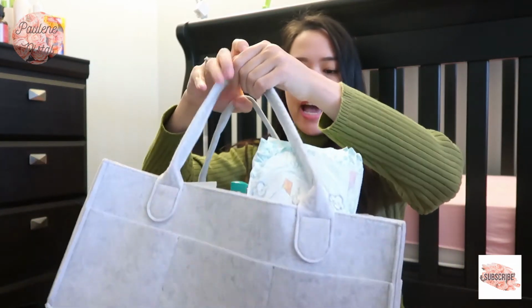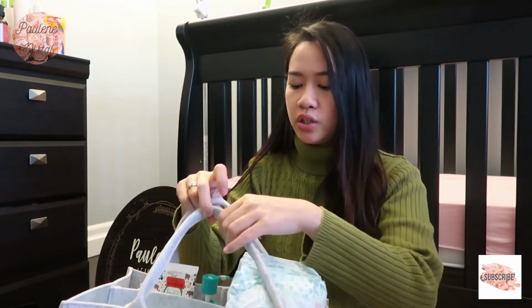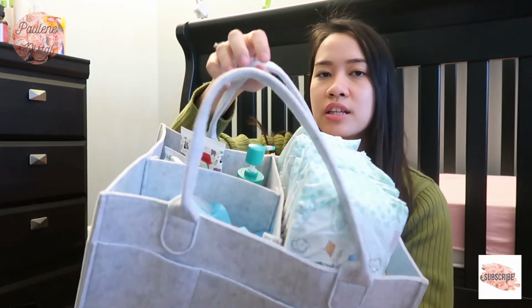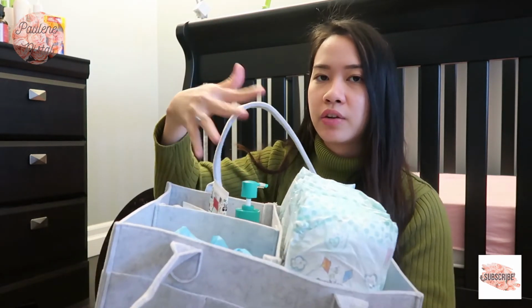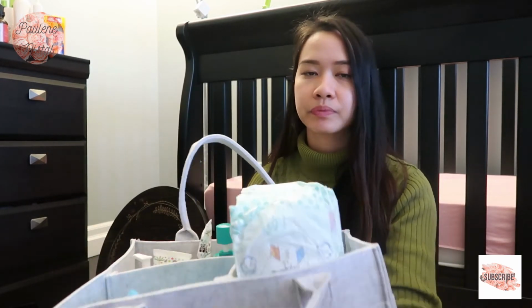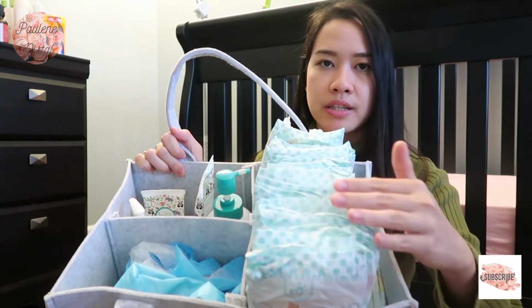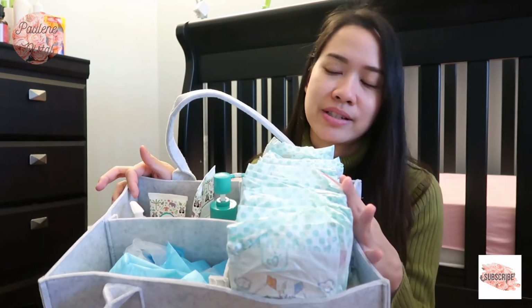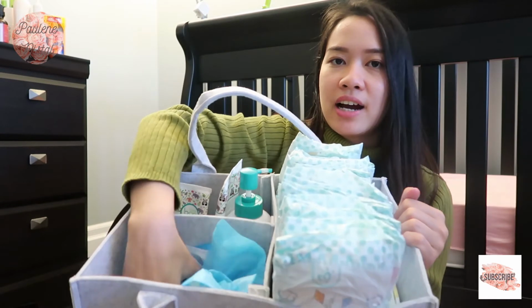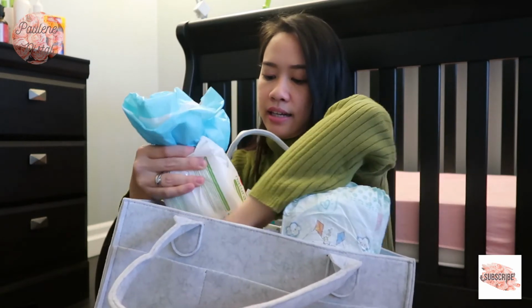So this is the caddy I have. It's filled with all the basic stuff which Paula and I need. I used the compartment to make it a 3-way storage caddy. So this side right here, as you can see, are all of the diapers. These are the basic thing for a diaper. That's why it's called a diaper caddy, because you have diapers. And on this side are wipes